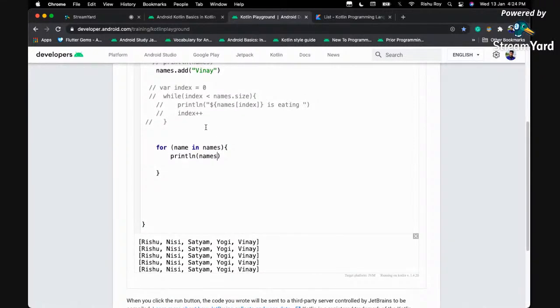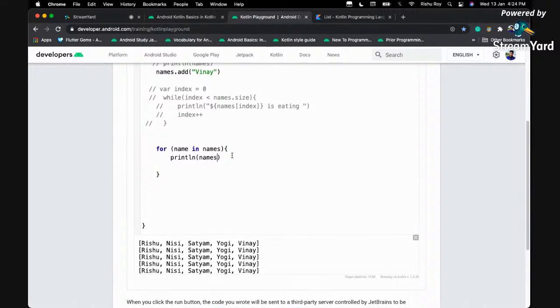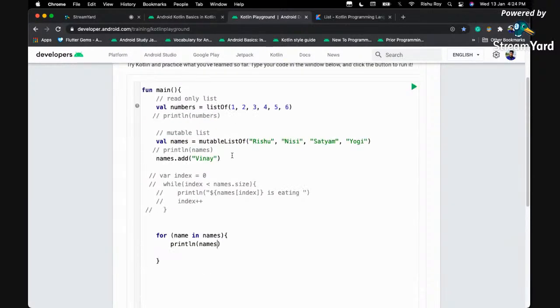So this is a bit about how we can use while loop as well as for in loop, and we have seen how we can create a list. We can create a read-only list by using listOf, and we can also create a mutable list by using this syntax. So this is it about iterables as well as a collection, that is list,